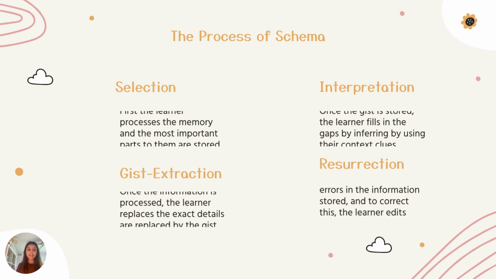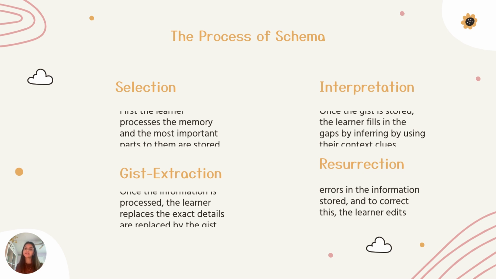And so the next thing is the process of schema. So first, the brain selects a memory. And so the learner processes the memory and then the most important parts of it get stored. So it's more precise than the next one, which is just extraction. And then once the information is processed, the learner replaces the exact details and they're replaced by the gist of an extraction. So it's like instead of talking all about frogs and the genus and species, they'd be like, frogs look like this, they sound like this,